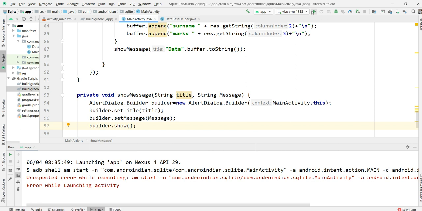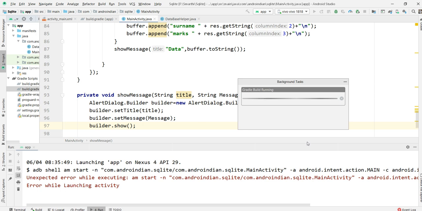See, now I am running this application. You can check now how this happens, how these operations happen. It's a little bit lengthy, but it's very important, so you can concentrate more on this. It's very important when you are building offline and online apps. Just a minute, it's running. Once it runs, we can check this output.